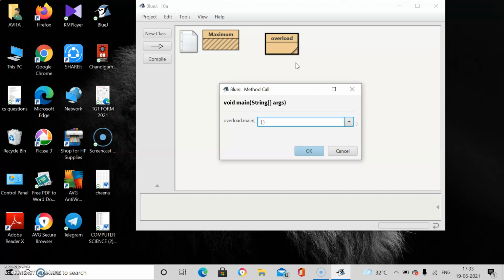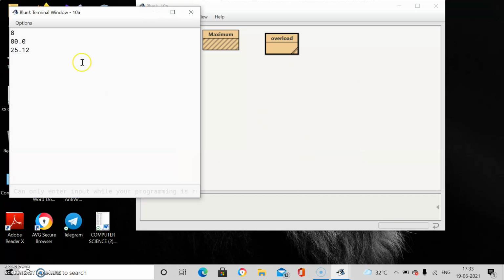The function volume with 1 parameter of integer type will be invoked first, then the function volume with 3 parameters will be invoked secondly, and thirdly the function volume with 1 parameter of double type. You will get the result on the terminal window.